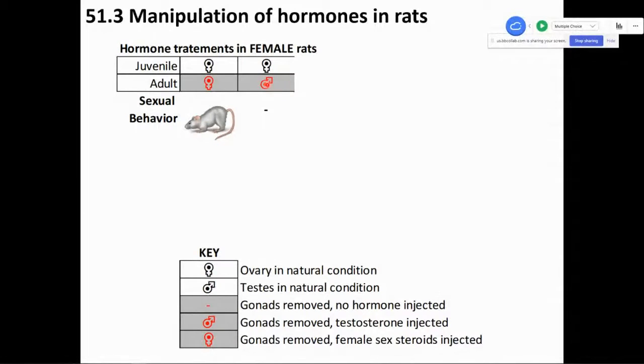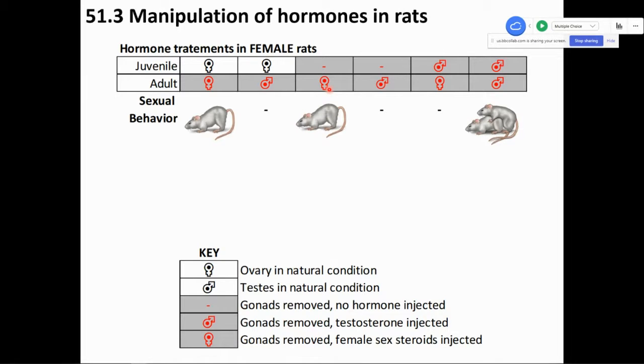This rat was the same, except once the ovary had been removed, they gave it testosterone instead, so the male hormone, and it did not engage in lordosis. So they did a series of these types of experiments. In this one, the ovaries were removed in the juveniles, so they received no steroid, no potential hormones at that stage, and then they were implanted with either female or male sex hormones as adults, and they behaved in the same way. Those with the female sex hormones as an adult displayed lordosis.